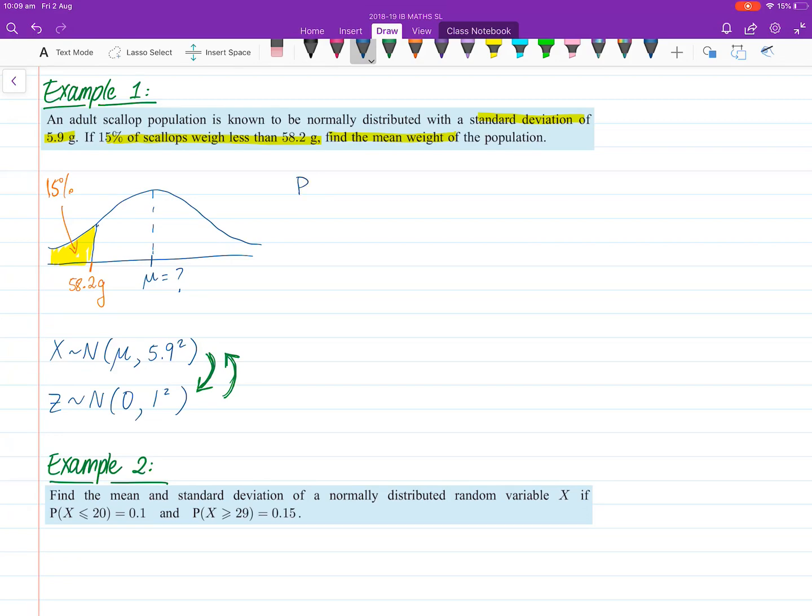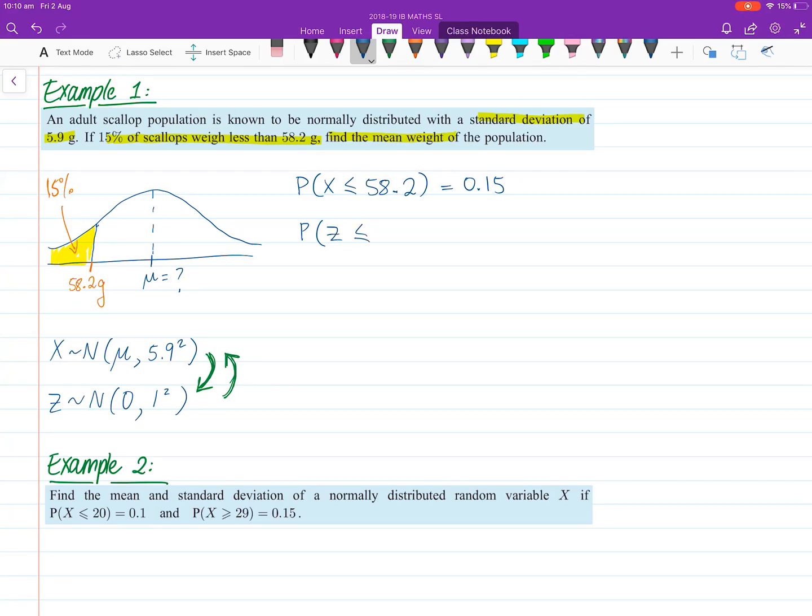All right, so we want the probability of x less than or equal to 58.2 grams. Okay. Now it actually tells me that's 15%, so that's 0.15. Normally I'd be able to just put that in the calculator like the last one, and if I knew what the mean was, I would get the 0.15. But now we're working backwards, so we could say probability of, if we convert it to z-scores,